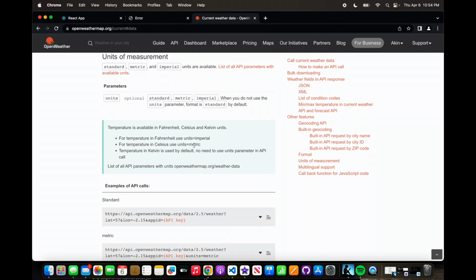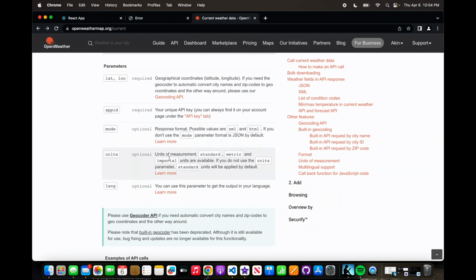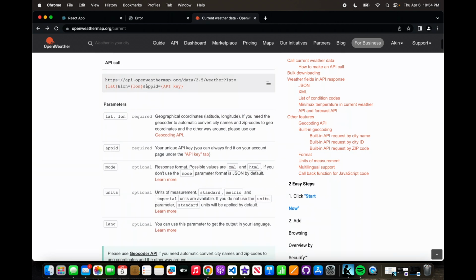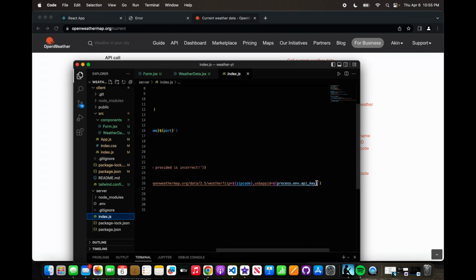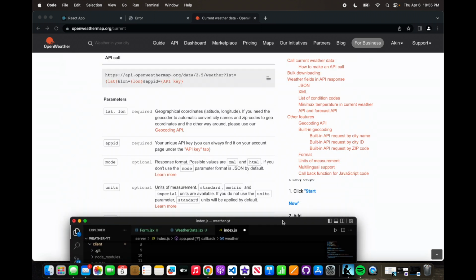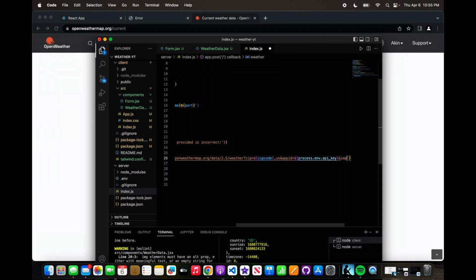You can choose to use the metric system, which is used basically everywhere else in the world, but since it's the US, we're going to use imperial. So the way to go about that is to add that at the end of your API call. So we're going to say and towards the end here, we're just going to say and it's going to be imperial. I don't know why I kept saying empirical. Imperial. Okay, so if we save that and we come back here,